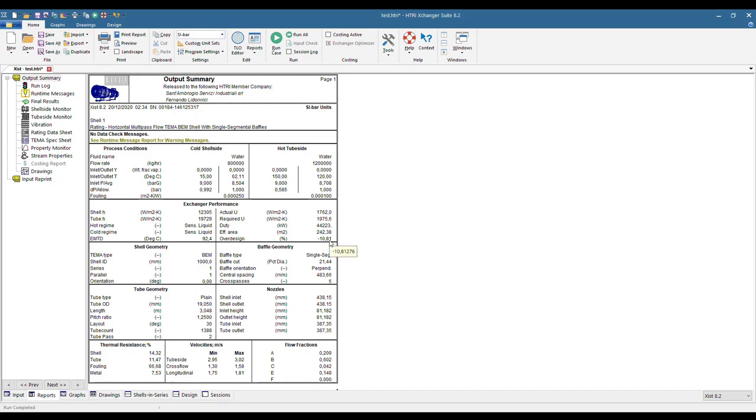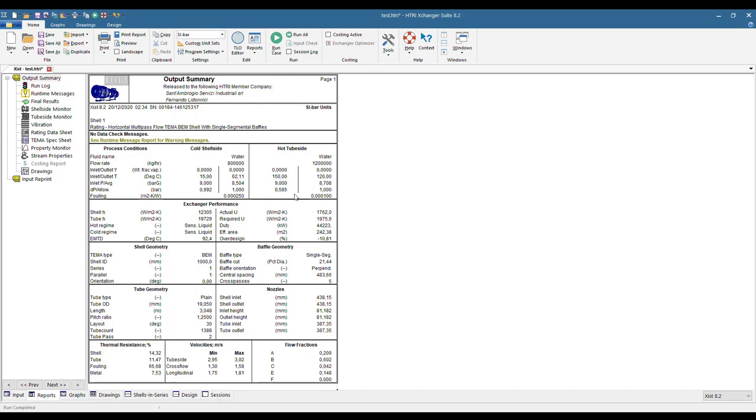10–11%. We are within the limits of the shell side pressure drop, but we have a space on the tube side pressure drop. So the idea could be to either adjust the number of passes. That could be a possibility, but take into account that starting from 2 tube passes to